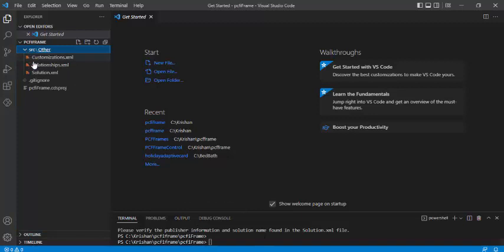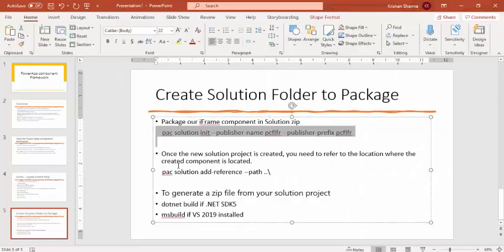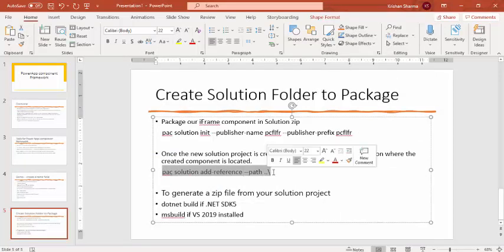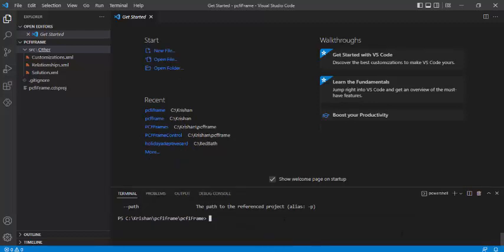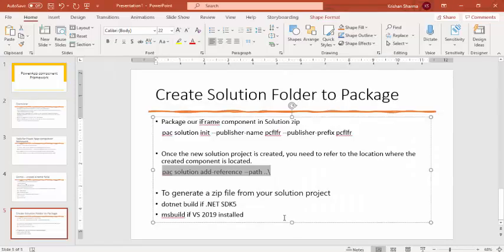So you have seen it created a solution XML, customization, relationship, everything in that folder. So I need to specify the path, which component I would like to have included in this solution. For that I need to specify the PAC solution add reference path. Because it's just one level inside my folder, I'll directly paste this PAC solution add reference path, which is one folder above my current one, and post that I need to do a